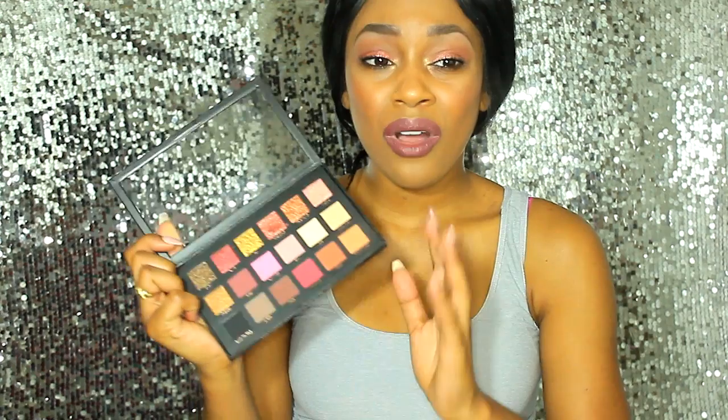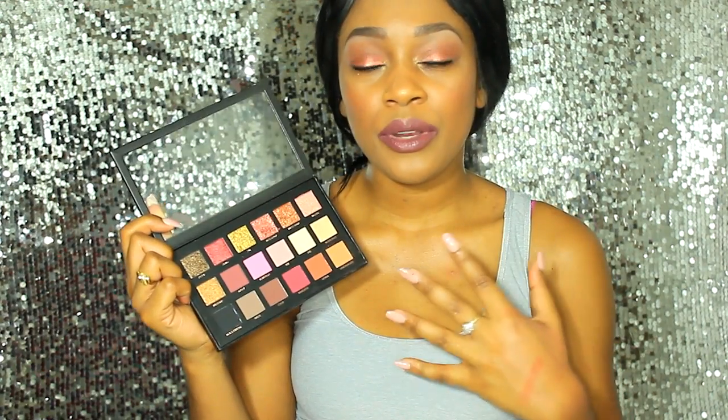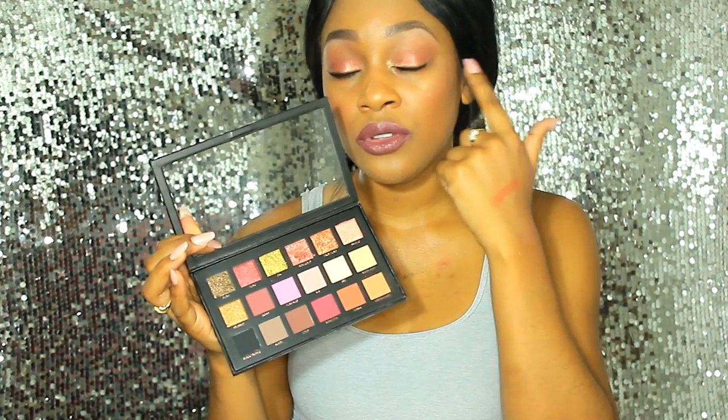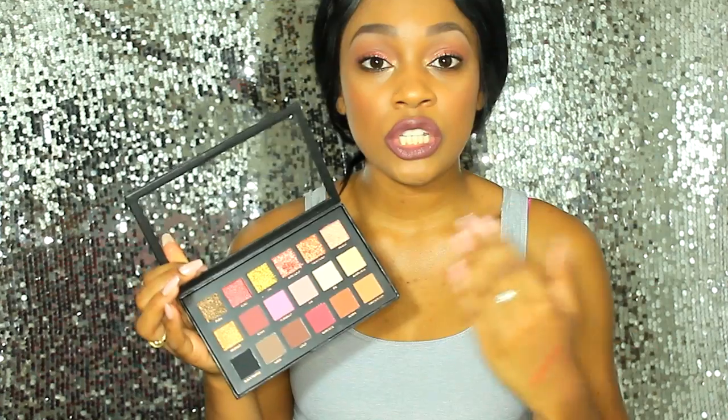The softer shadow that I put in the inner tear duct right here, which was Moon Dust, is more of your traditional shimmer or satin shade. I do like the effect of that one. It really does brighten up the inner corners of my eyes. Overall, the colors are pretty and it's me in a palette, but to be honest, having to apply this type of shadow to your lids with your fingers is really just not convenient. Overall, my first impression of this palette is...